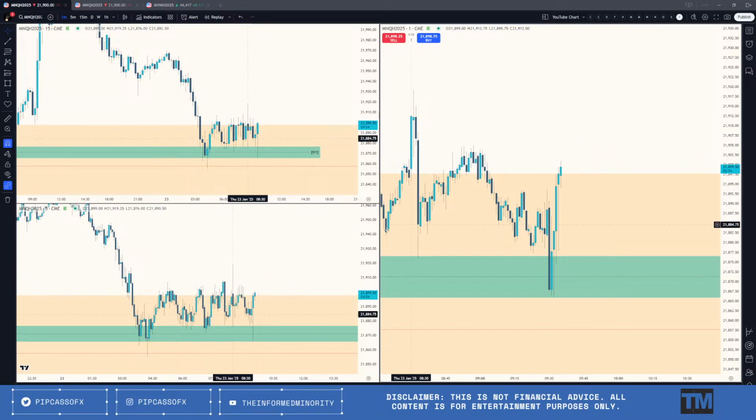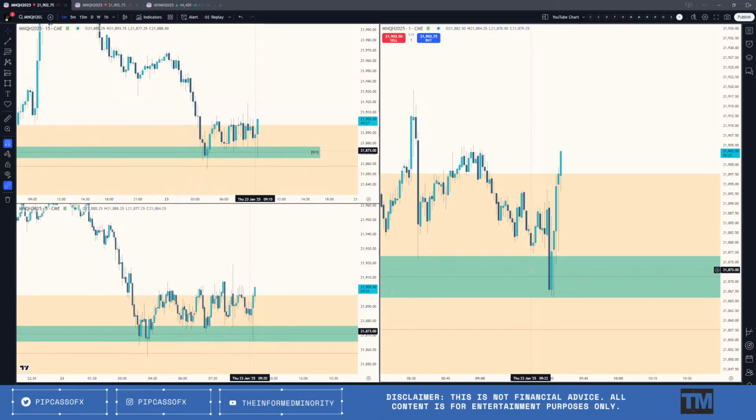What I would honestly like to see is us create a breaker here, and the only reason why I like this is because this would be the top of this candle right here. This would be the top of the new week opening gap from December 8th, and then we have this wick. So I would be looking if we can create a 5-minute fair value gap above that, or just close above it bullishly and then create a 1-minute fair value gap above that. I wouldn't expect it to come back down. That's what I'd be looking for.